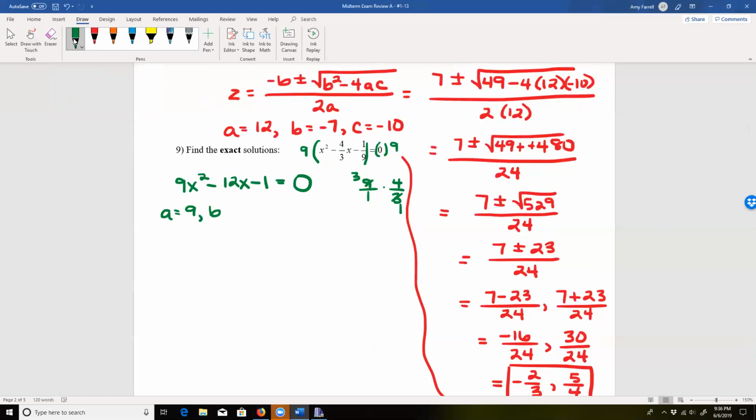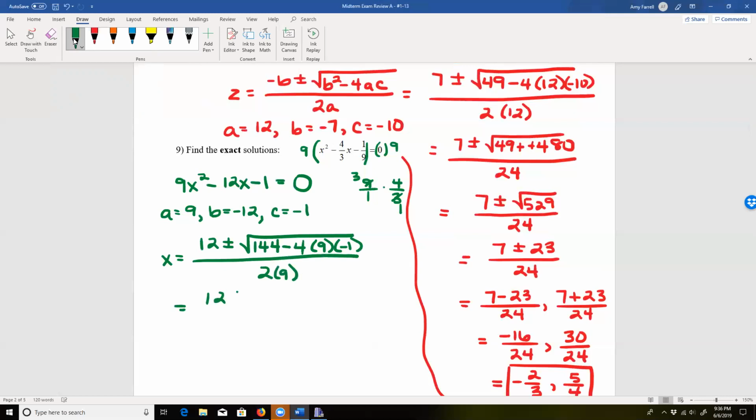My A is 9, my B is negative 12, and my C is negative 1. So x equals, I've got quadratic formula right up here, negative B, so 12, plus or minus the square root of 144. Remember, B squared is always positive, minus 4 times A times C, all over 2 times A. This is another one where it kind of looks like we're going to get a negative underneath the square root, but we won't,